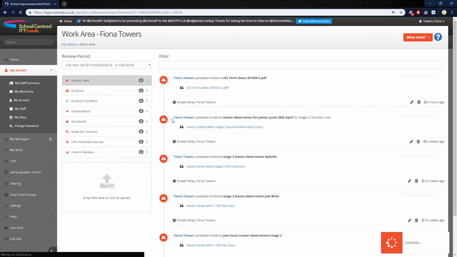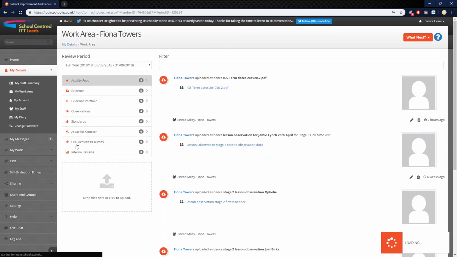This page should be quite familiar if you've been using School IP already, and you will see this quite a lot in your training course. What we need to do is go down to where it's called Observations, because this is where all our observations will be saved to. So if you go away, left click on Observations,